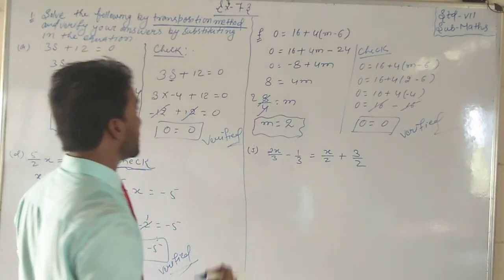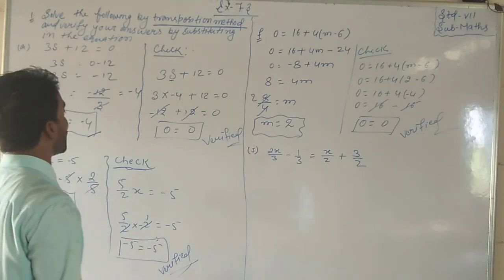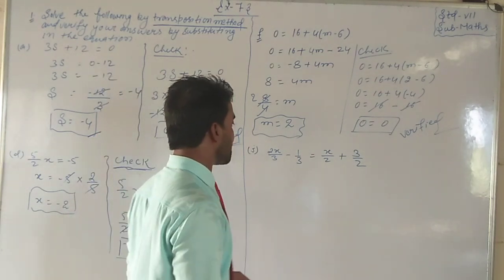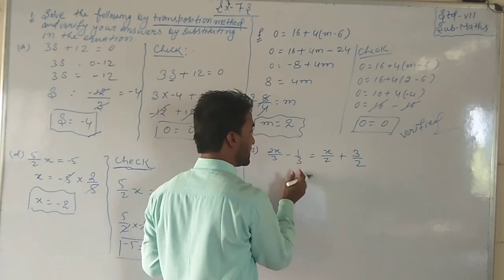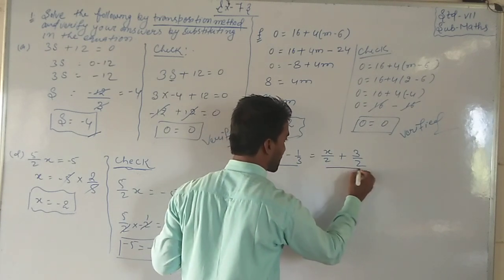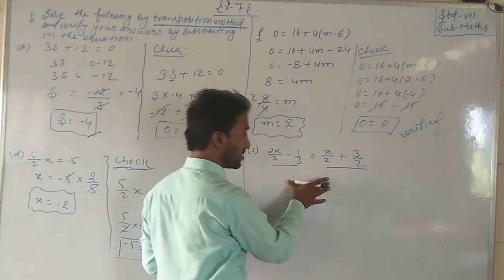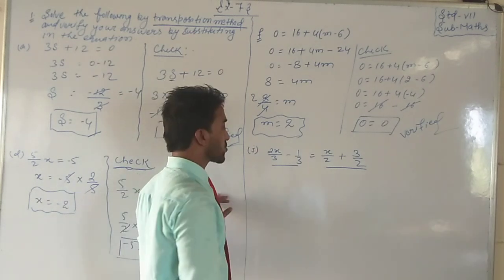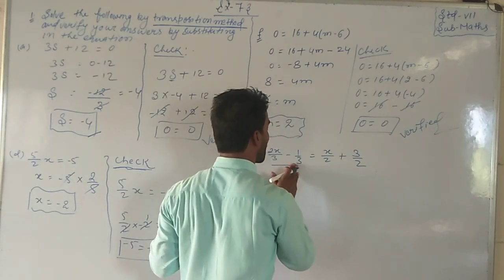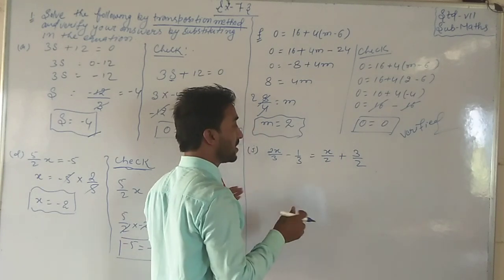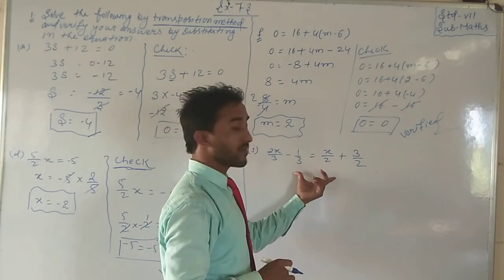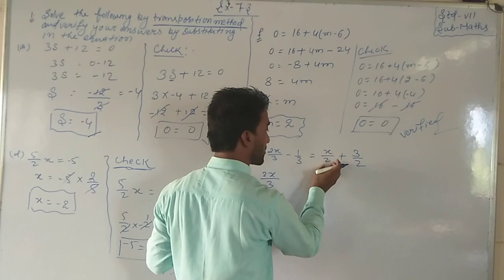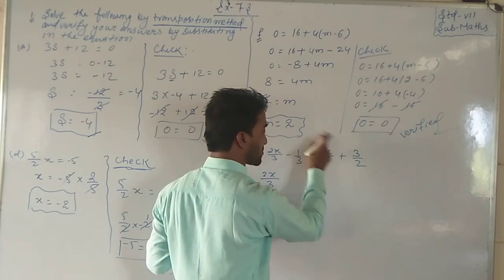Okay students? In the same way, now we are coming to question number J, and the questions left in this chapter are your turn to do. So see, we can say students, 2x minus 1 by 3 is in the LHS and x by 2 plus 3 by 2 is in the RHS. In both places, before and after the equal sign, the equation is given. So what will we do? We will transpose the terms, constants together and variables together. So the x by 2 transposes to the LHS.